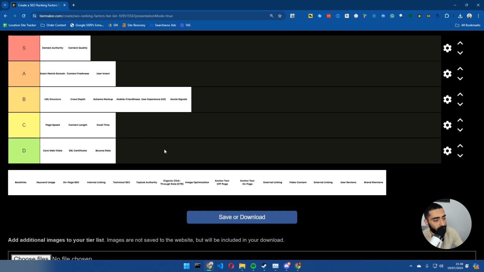We then have got anchor text for off-page SEO. I'm going to put this in position 1, or ranking tier S, which is the most important. And the reason for that, and I've done this as well before, is you can easily over-optimize on your anchors. If you are using unnatural anchors, you can definitely mess up a website. You can literally go from position 1 to position 85 if you're not focusing on your off-page anchors.